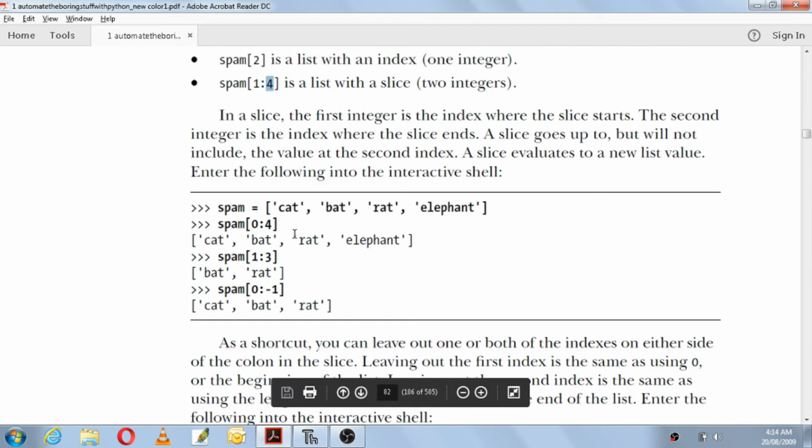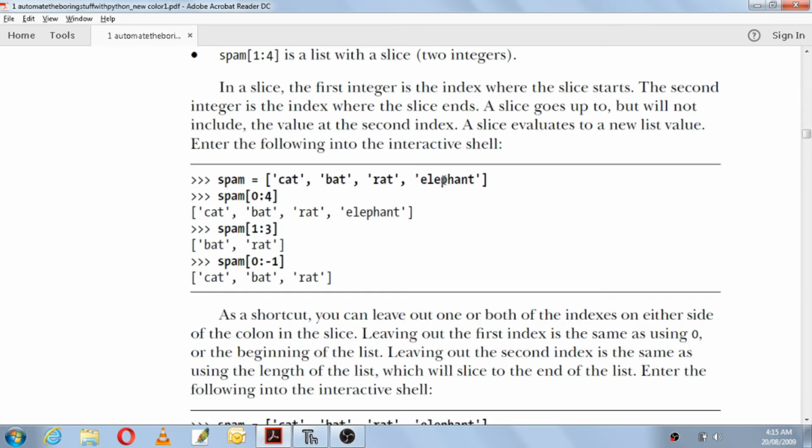For example, you have here spam is equal to cat, bat, rat and elephant. So spam of 0:4 means cat, bat, rat, elephant, all of them. So spam of 0 will be this, spam of 1, spam of 2, spam of 3. So spam of 3 will be included because the last one you have given is 4 here.